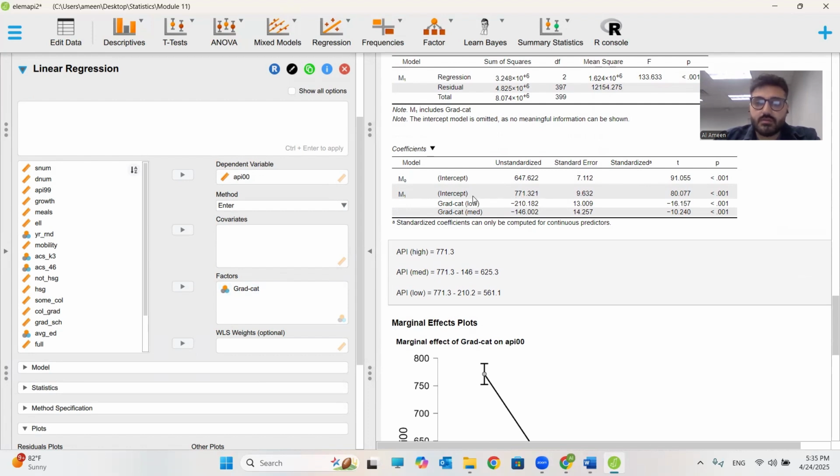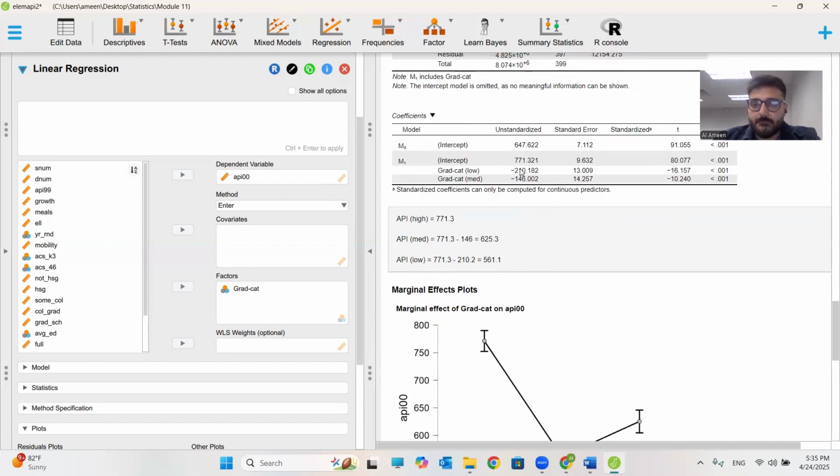This is basically telling me that if we take the high value, schools with parents who went to grad schools, the mean is going to go up to 771. Makes sense, kind of, that kids with highly educated parents are probably going to be doing better. And then from here, it's telling me that if you have a category of low, this mean of 771 is going to go by